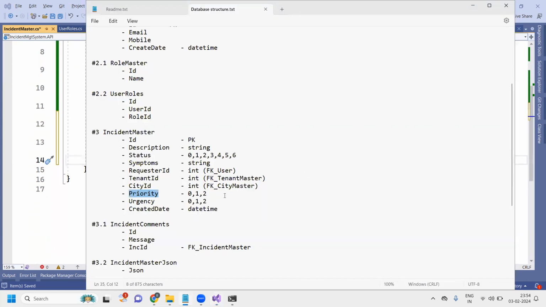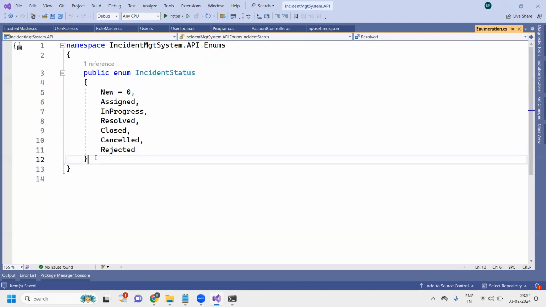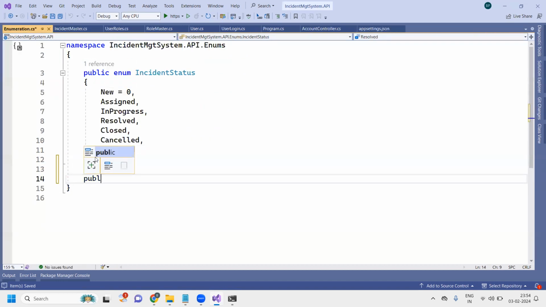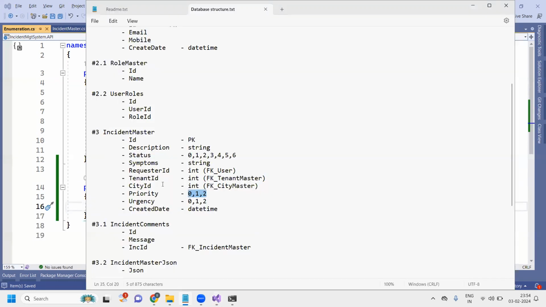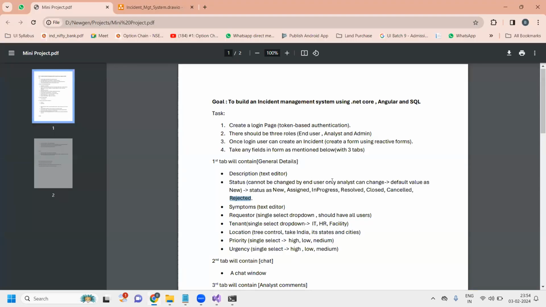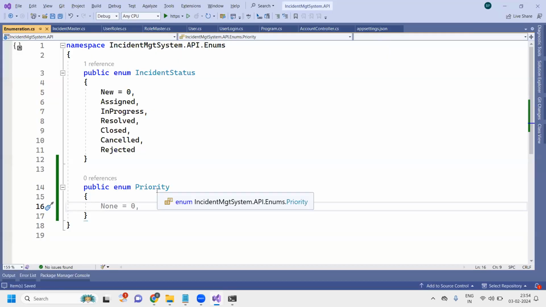Okay, so priority is another enum. So go to the enumeration class. Where is that? This one. Create one more enum. Public enum priority. Okay, so what are all the priorities we are having? 0 means high, medium, and low, I guess. Yeah, that is correct. So 0 means high,